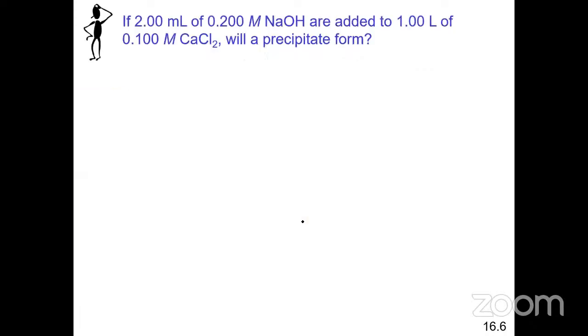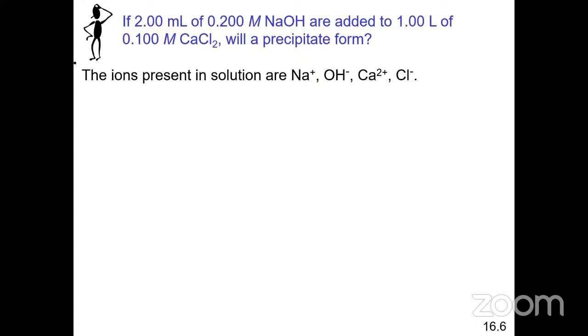All right, so here is a question which says, if 2.0 mL of a 0.200 M sodium hydroxide are added to 1.00 liter of a 0.100 M calcium chloride solution, will a precipitate form, all right? Now, the ions that will be present in the solution are these right here. The sodium, the hydroxide, the calcium, and the chloride. Now, of these ions, the combination that would potentially give you a precipitate would be the calcium and the hydroxide, right? Because calcium chloride is soluble in water, sodium hydroxide is soluble in water, and sodium chloride is definitely soluble in water. So therefore, what we should look at is this equilibrium here, the equilibrium of